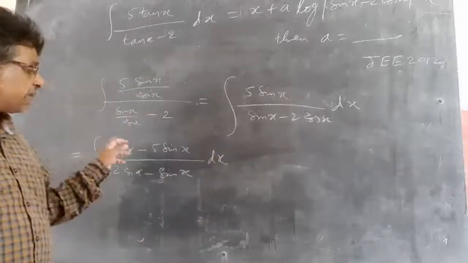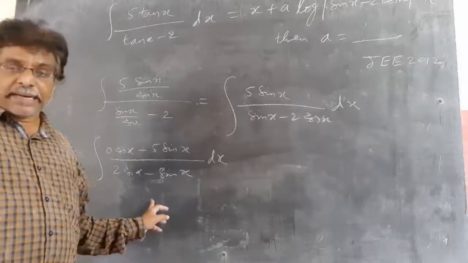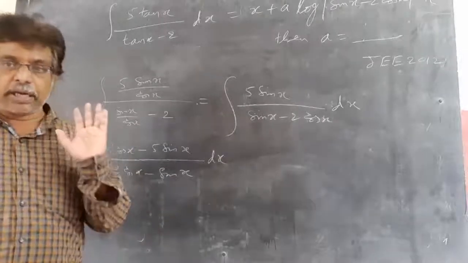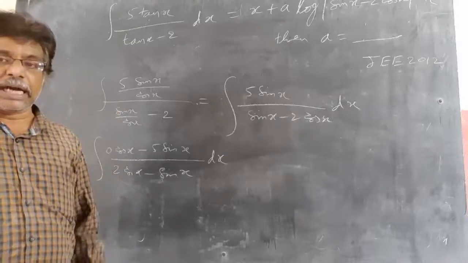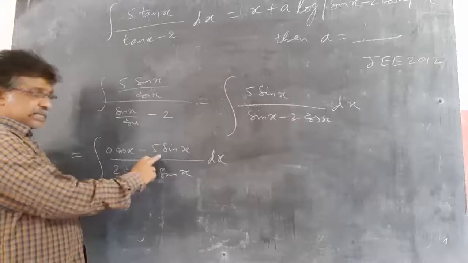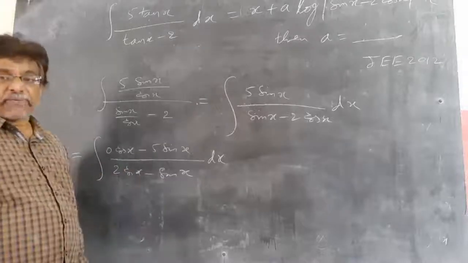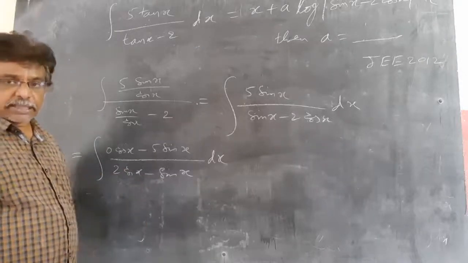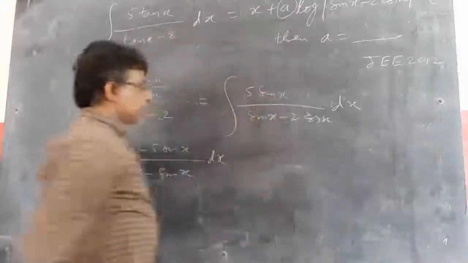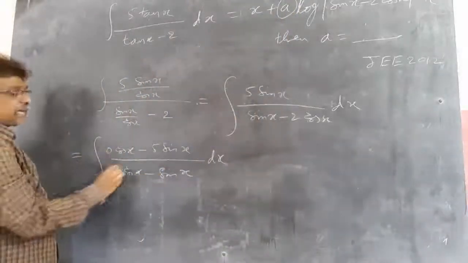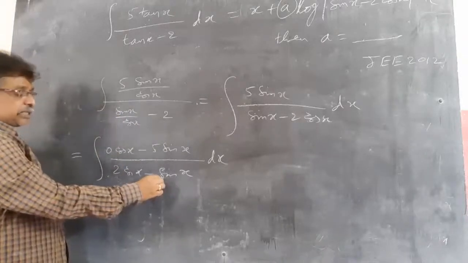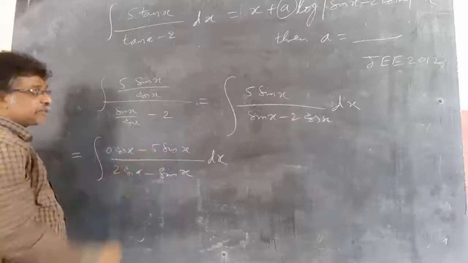Instead of taking numerator equal to a into d by dx of denominator plus b into denominator, which is 100% the proper way of doing, I am going for the shortcut method. I already told you: this into this minus this into this gives you f dash x by f x, log mod f x. A value I told. So I need that one. You see, this a value is nothing but this into this minus this into this. Means 0 into minus 1, 0 minus of minus, plus 10.